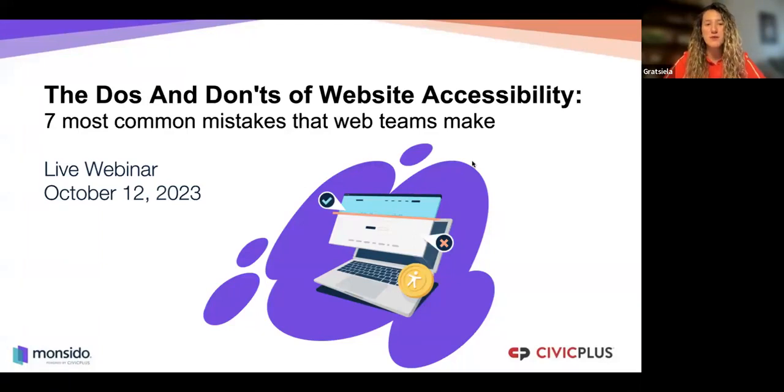Today we're gonna focus on the do's and the don'ts of website accessibility, and we're gonna mention some of those. We frame them as 7 common mistakes that website managers or web teams are making when working on web accessibility. The date is 12th of October, and let's kick it in with